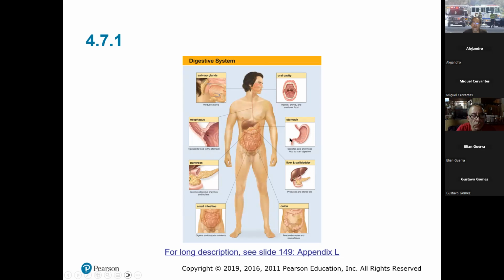Then once it gets into the small intestine, it is connected to the pancreas, which is going to release pancreatic juices like lipase and so forth. So that's going to cause fat to break down. Then, of course, there's another tube that comes from the gallbladder and your liver, causing bile to mix in, and it breaks down fats further. The pancreas is more about lipids. Well, I want to say lipids and proteins, and the gallbladder is more about